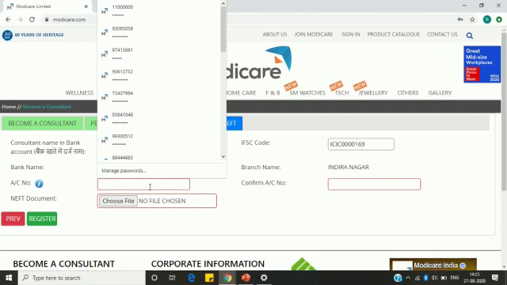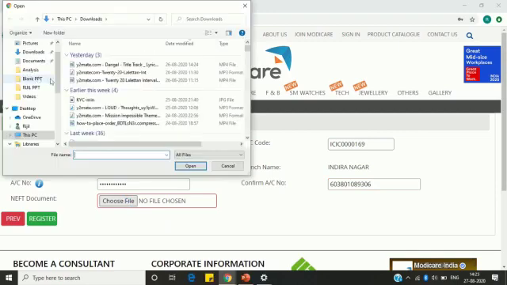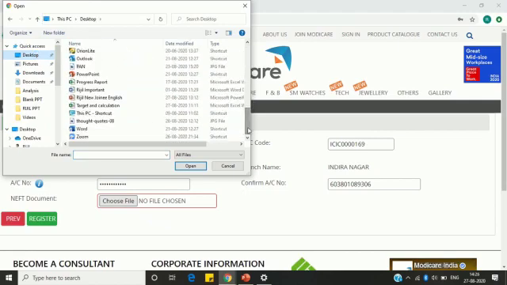So I am entering my account number here. And same thing you have to enter here. This is just to confirm whether you have written the same account number. Okay. And then choose the file. The file can be your check leaf or your bank passbook front copy, which captures all your name, your account number, and IFSC code.